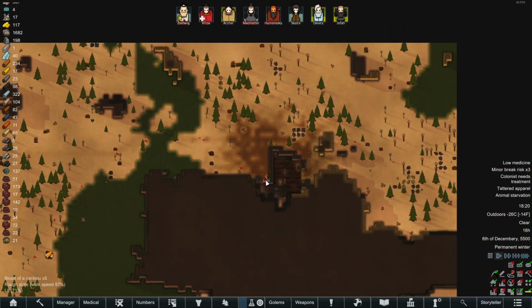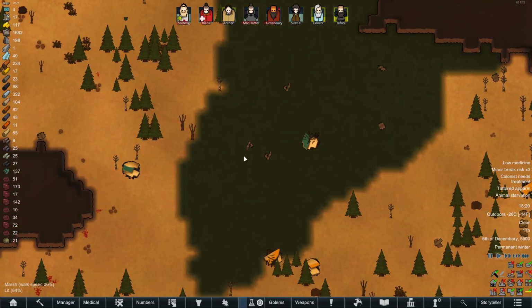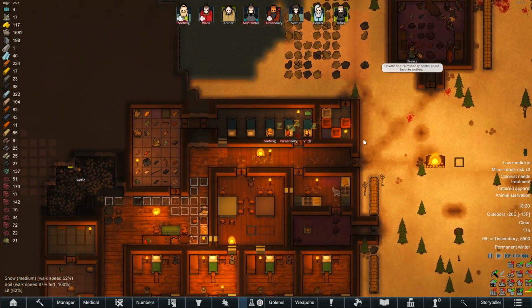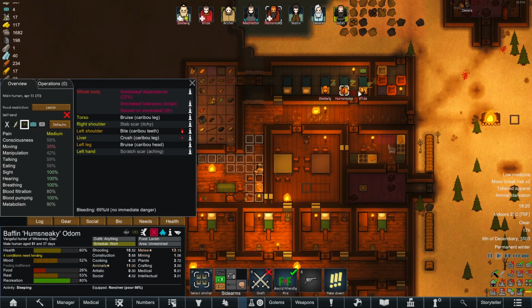I guess it's just the whole dog situation here. Bite scar on the eye and a crushed left eye. Jesus. Okay, well, Lolly might not be doing too well, but we'll see how Lolly goes. I'm going to let the team tend to themselves before worrying about a dog. I'm sorry, dog. But you are both the...